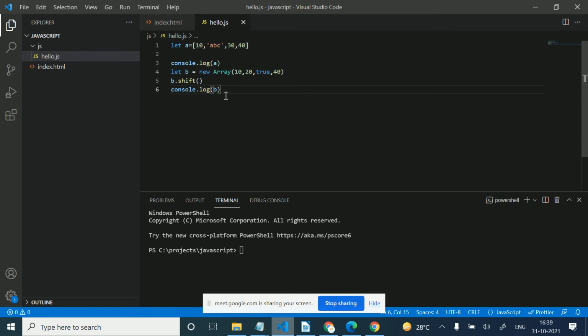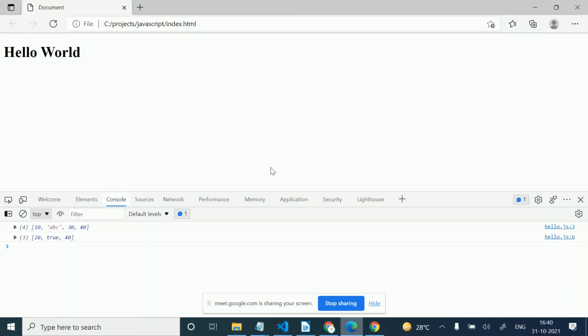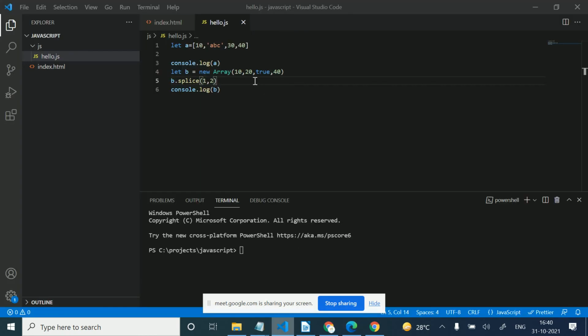I have a function here, splice, with 1 comma 2. So now let's check. We are getting 10 and 40. So with splice we have removed 20 and 30.